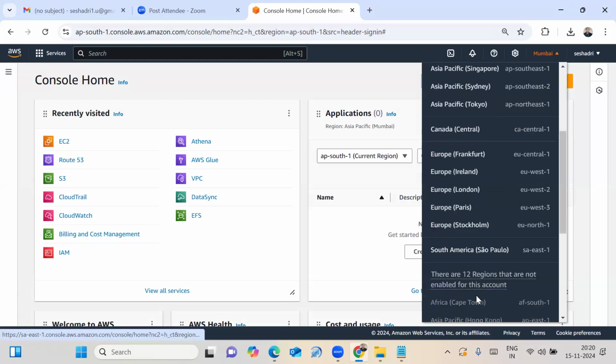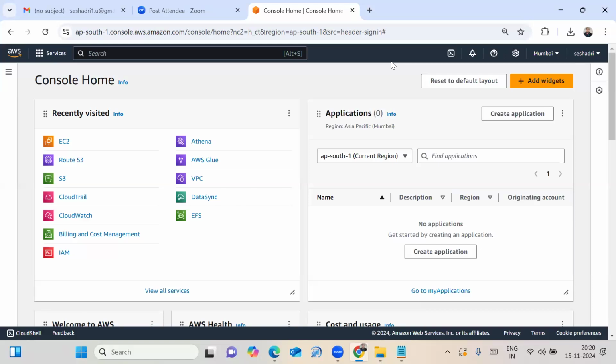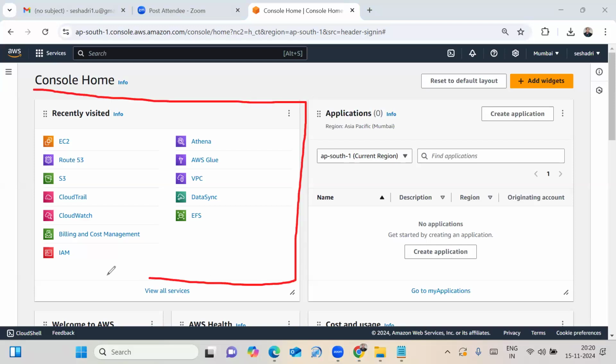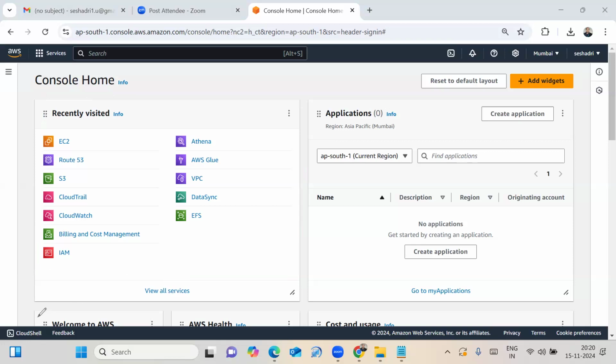There are many regions. Once you create your AWS free tier account, the screen will appear like that. Those are the recently visited services in my AWS account: EC2, Route 53, S3, CloudTrail, CloudWatch. Those are nothing but the recently visited services in my AWS free tier account.